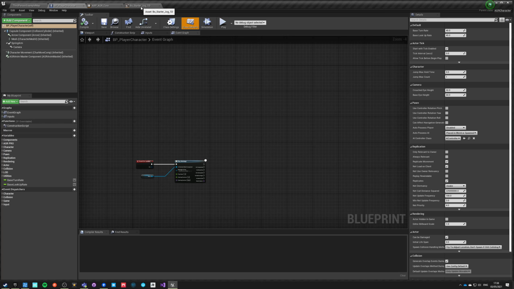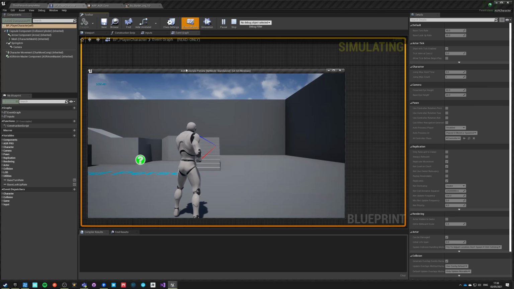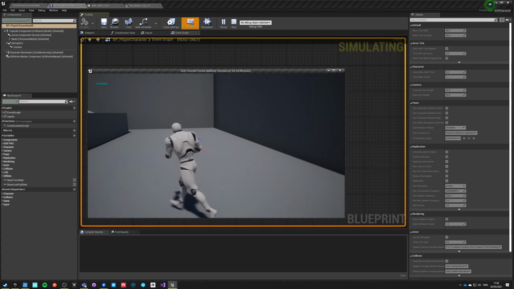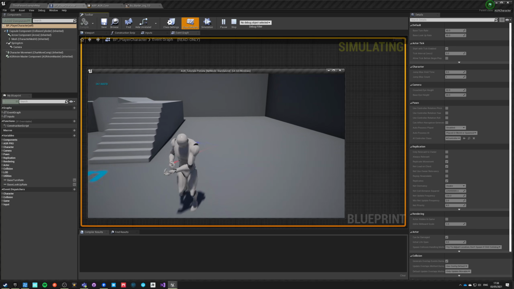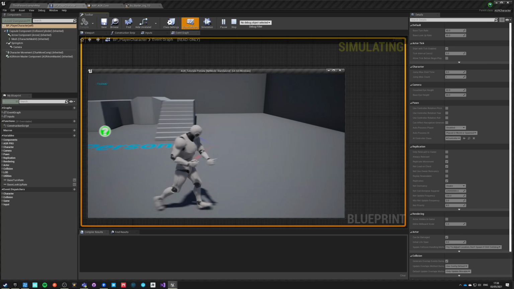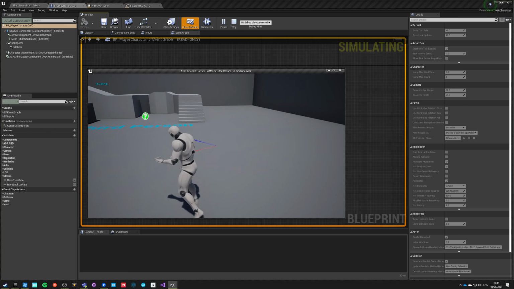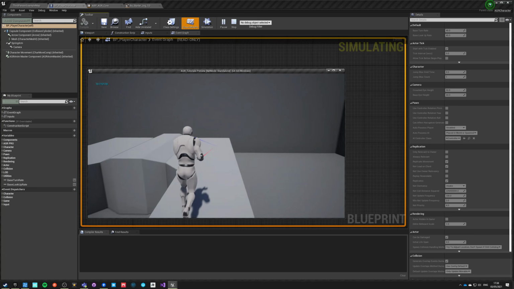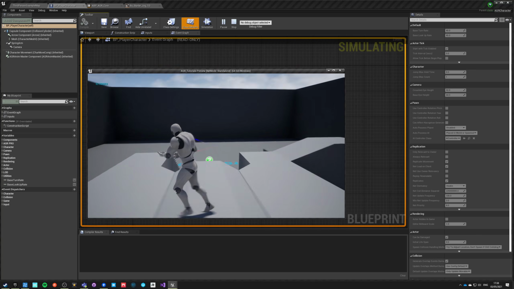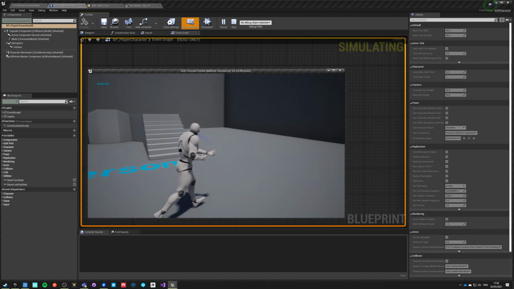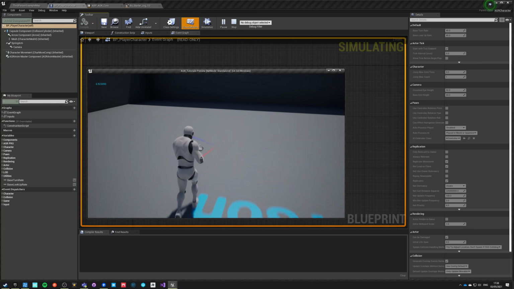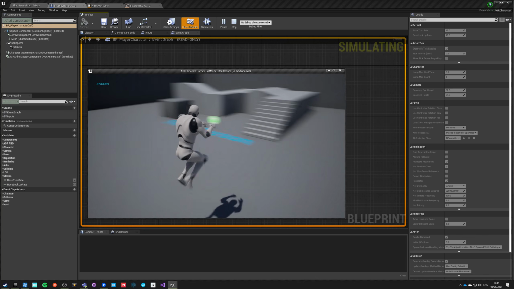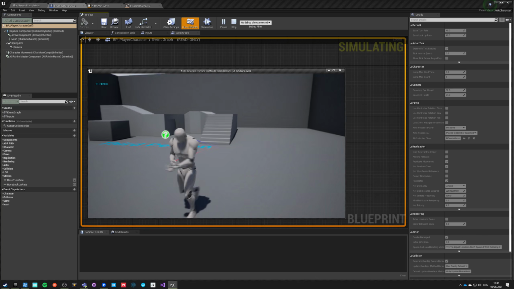So if we hit play now, we are idling, and now we are moving, and you can see it's pretty smooth. The transition is not bad, and if we are moving real slow, I need gamepad to show this. Just hold on a second. Yeah, and we're still jumping and landing like we did. Okay,